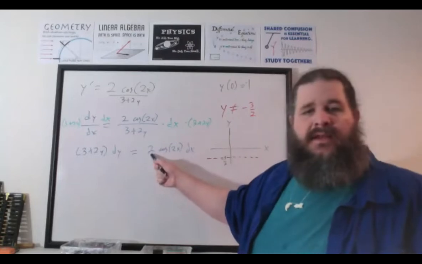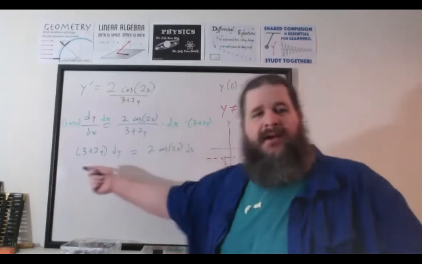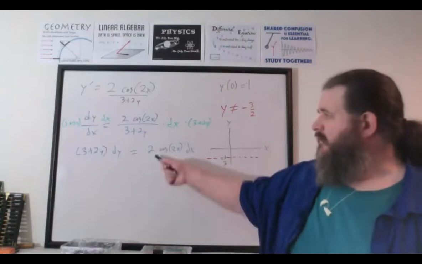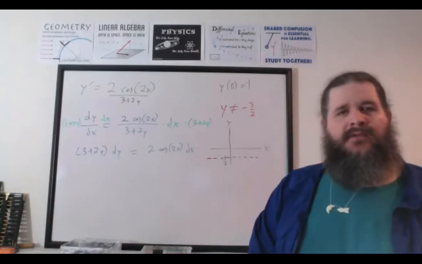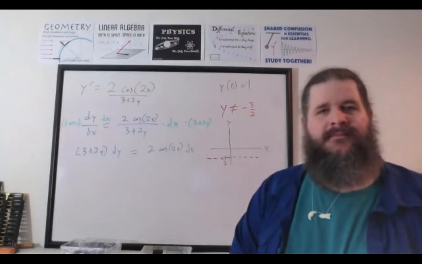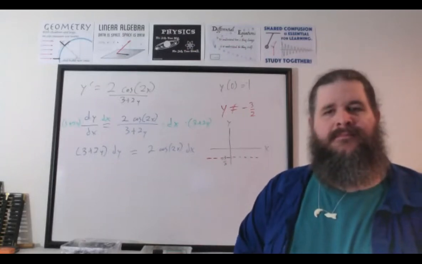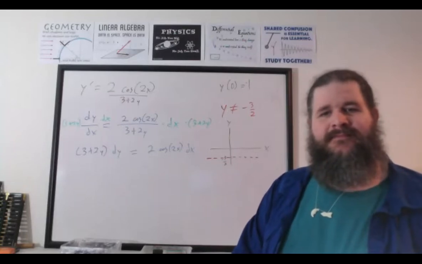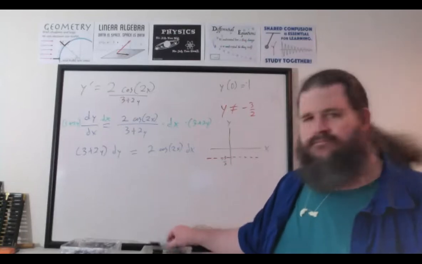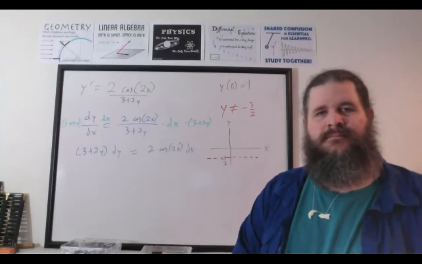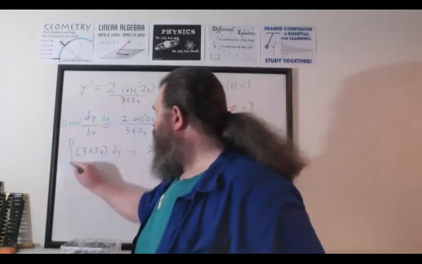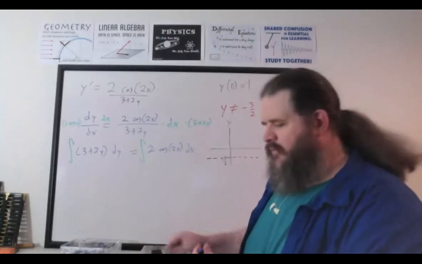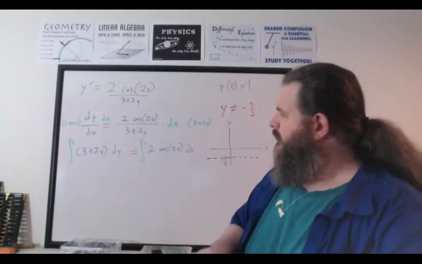And this 2 could go on either side of the equation. You could also divide by 2 if you want. Constant multipliers can go anywhere, but we may as well just leave that there. And then what's our next step? Now that we've separated the variables. Integrate. Yeah. Apply an integral sign to both sides. 3 plus 2y becomes what? 3y plus y squared